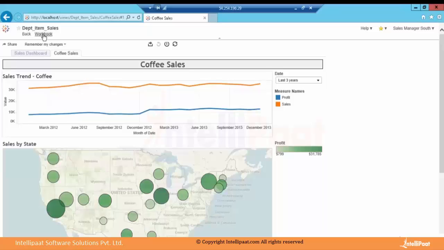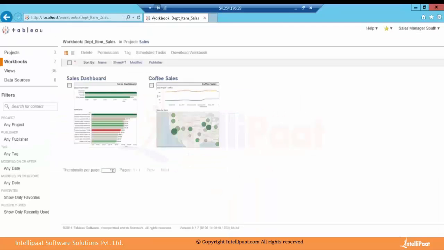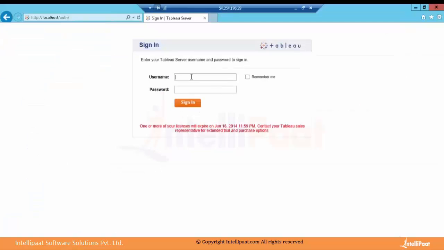So let's go back here. Let's go back to the workbook, in fact. Okay, and I will go and make this my start page so that I am not lost every time I log in. So let me log out now. Then let me log in again. So I'm going to log in as sales manager south